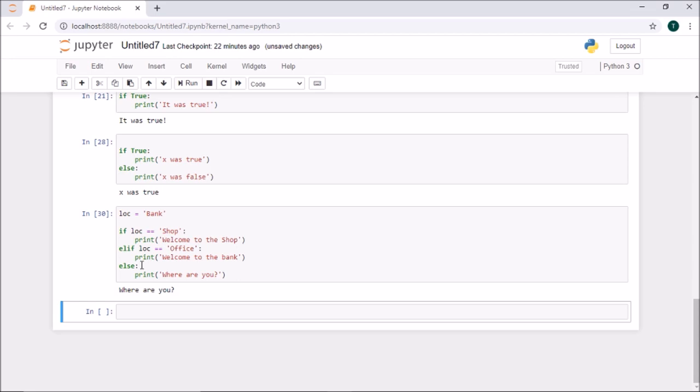Since the first two conditions didn't get satisfied, it just came to the else, so it just asks where are you, it just prints where are you. Okay,